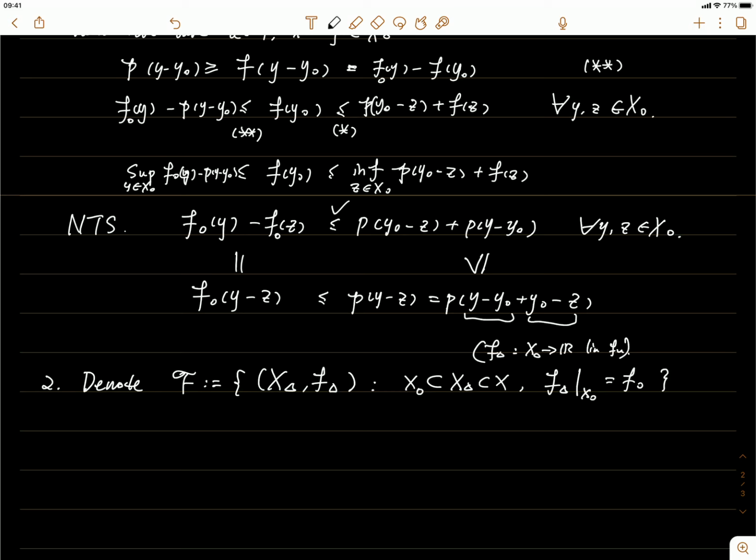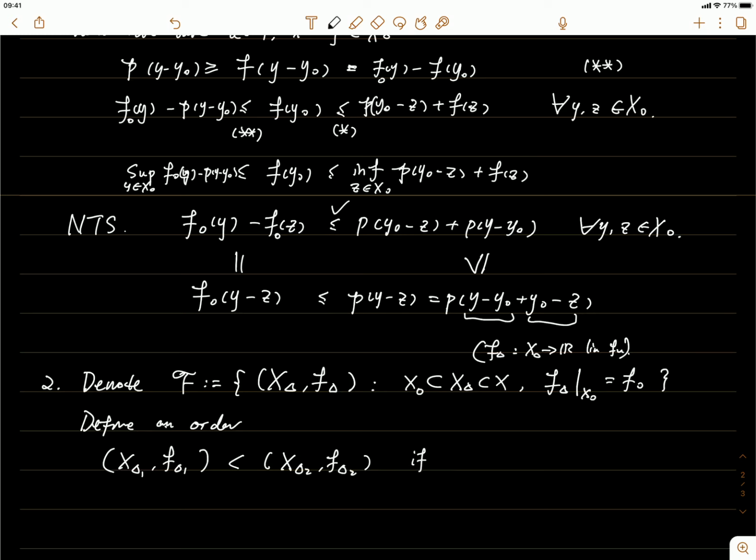Okay, so that's the family F I'm considering. Given this set F, I can define an order, or partial order, I should say, because not every pair of such things can be compared. We say that (X_δ1, F_δ1) is less than (X_δ2, F_δ2)